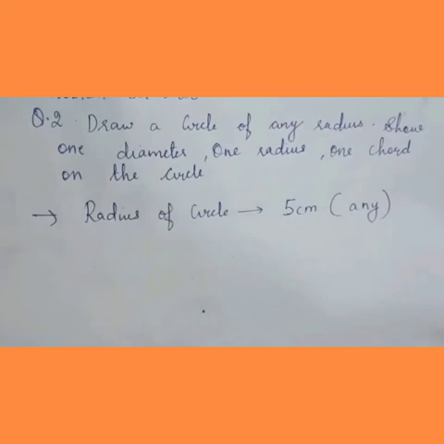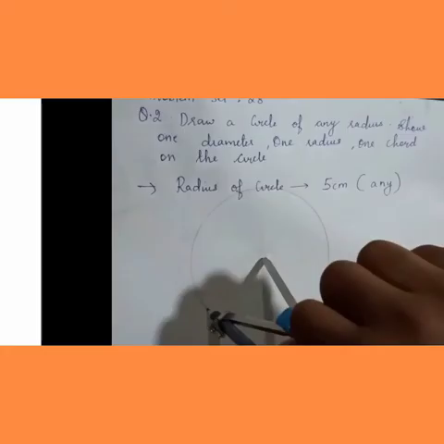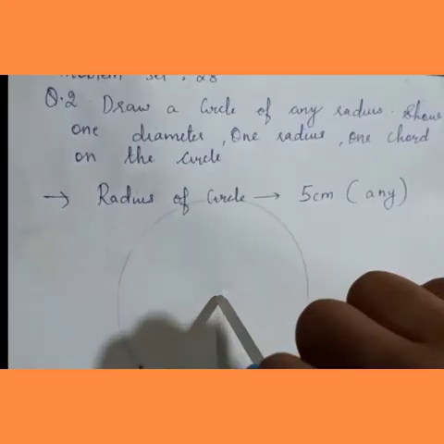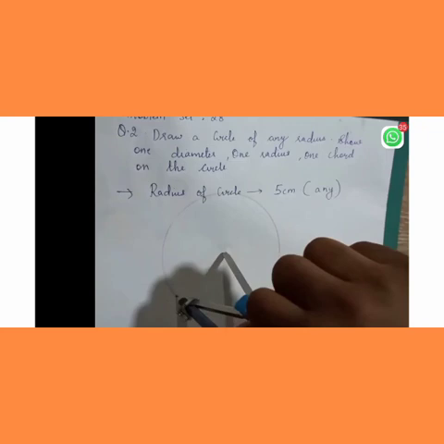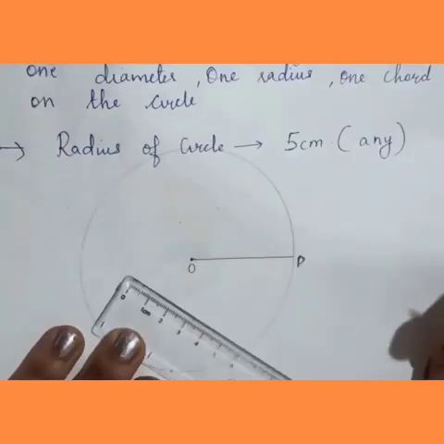So I take the compass and scale. Same way, place it on 0, and from 0 to 5 I will stretch my compass and hold it on the top. Now make a point, place the compass tip on the point and rotate. Okay, I have got my circle. Take the scale. They ask to show the radius, so as we showed, we draw one radius from this point to the circle. Okay, the radius I will name as OP. And I will write 5 centimeter here.